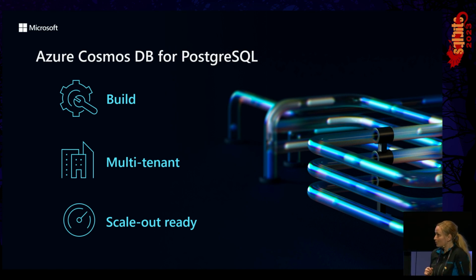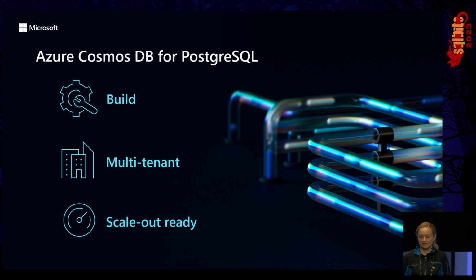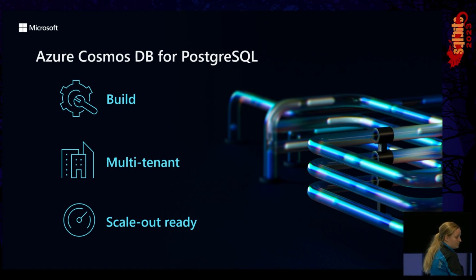And what's also cool about this particular technology is that you can start really small with just 10, 20, 50 tenants. And then while your company is growing, while your business is growing, you can add nodes and make your database bigger and bigger. And all the operations, except vertical scaling, you're able to do online. So you're able to add nodes and also spread the data across the nodes using an online process, so without any downtime